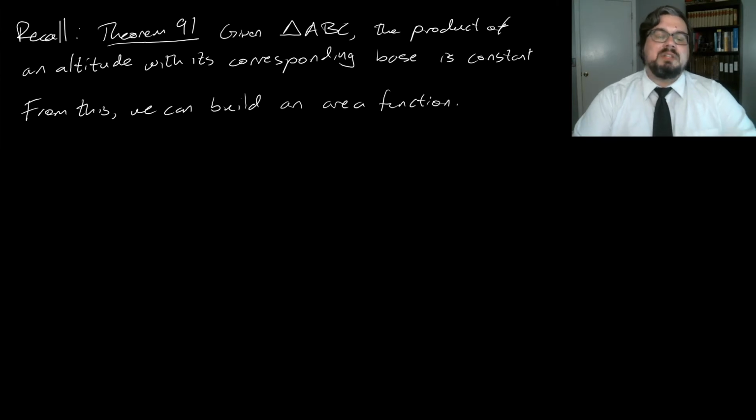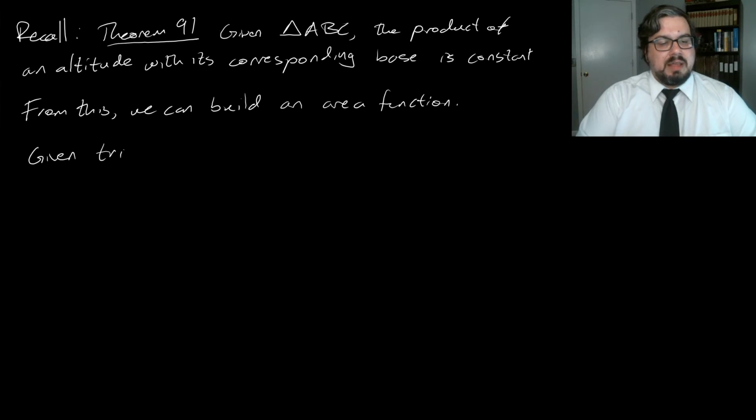Because all of our polygonal regions are built up out of triangles, if we can define an area function on triangles, we can use that in order to define an area function on arbitrary polygonal regions. So, given a triangular region